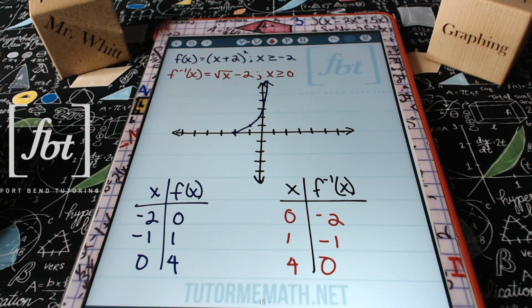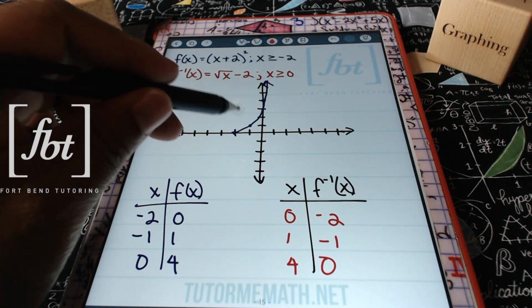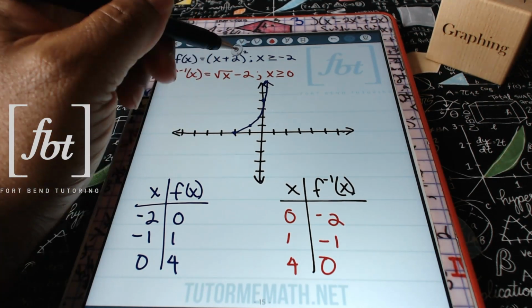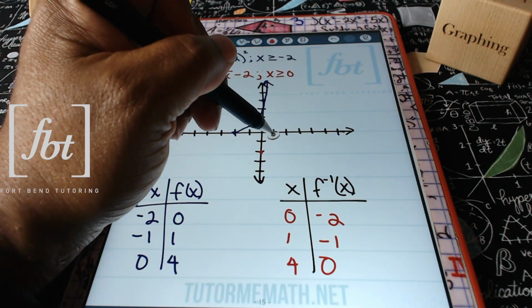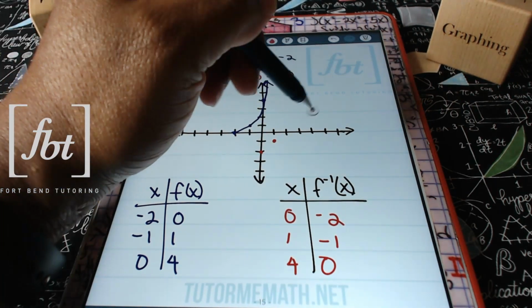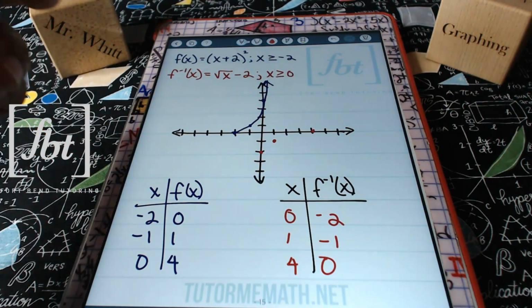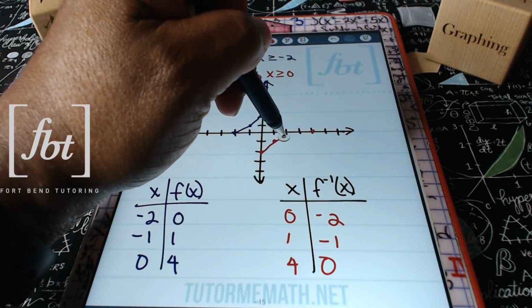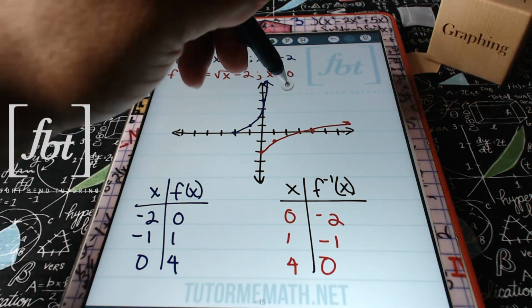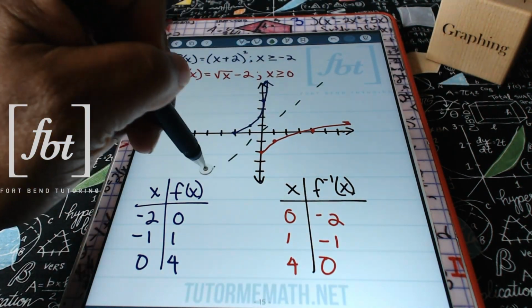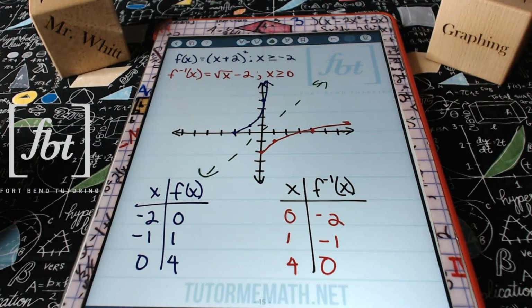And then you will plot these 3 points on your rectangular coordinate system. So we'll have a point at 0, negative 2. That's a point right there. We have 1, negative 1. That gives you a point right here. And we also have 4, 0. That gives you a point right here, which gives us the following graph, just like that. And what did I promise you guys from the beginning? The line y equals x would be your line of symmetry